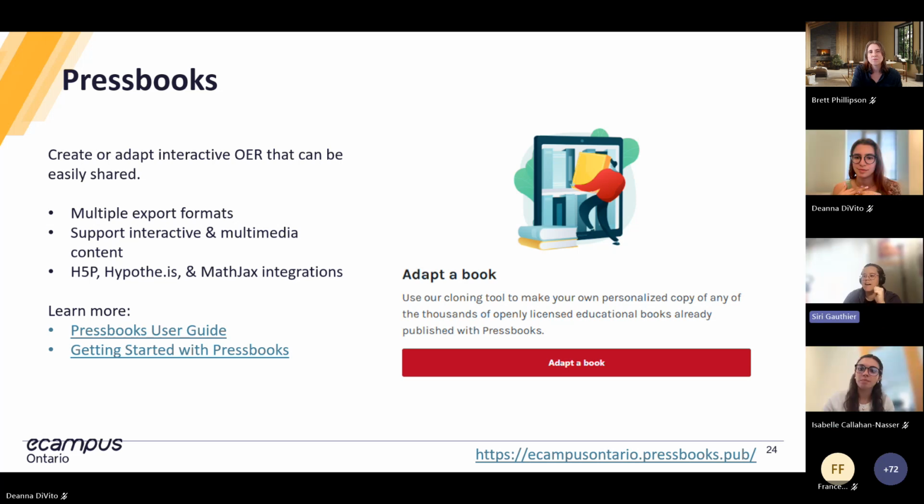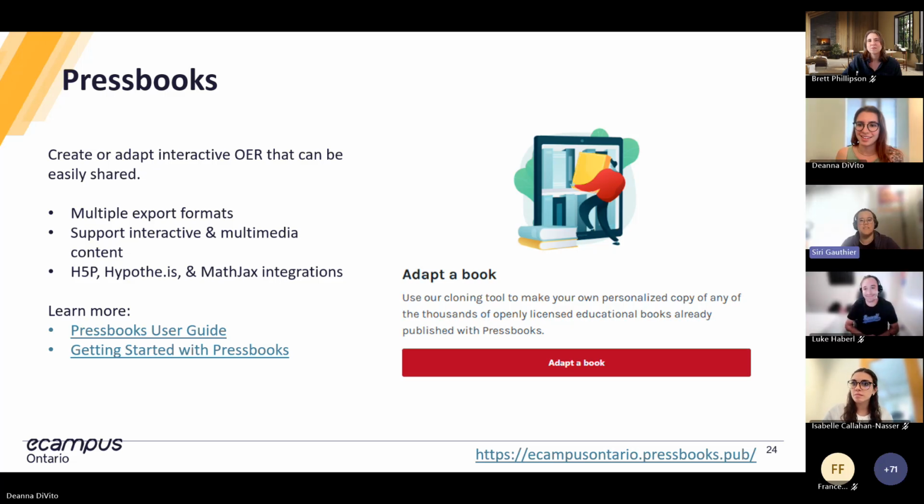That being said, though, it's not only the resources that we offer. We have some technologies that are available in the sandbox that are here to talk to you. So we've laid the groundwork of, generally speaking, what you can do prior to starting the creation. And now it's about technologies that can support you. So I think I'm going to pass it back to Deanna. Back to you, Deanna. Thank you.